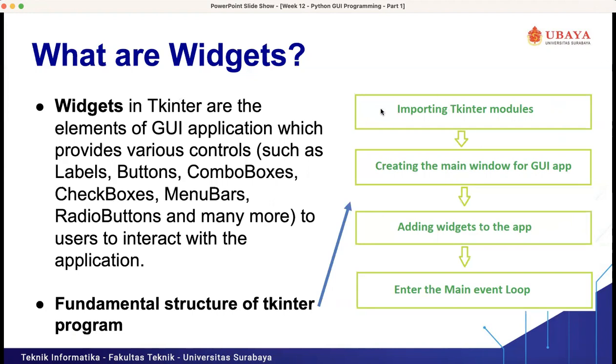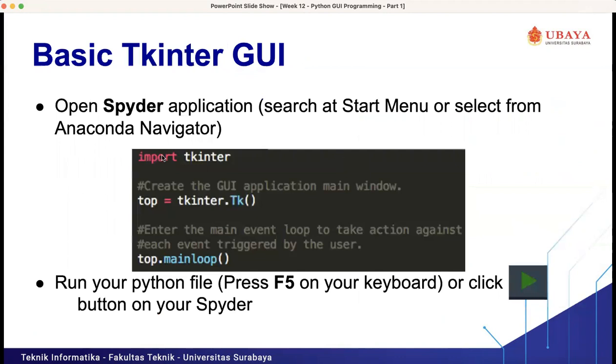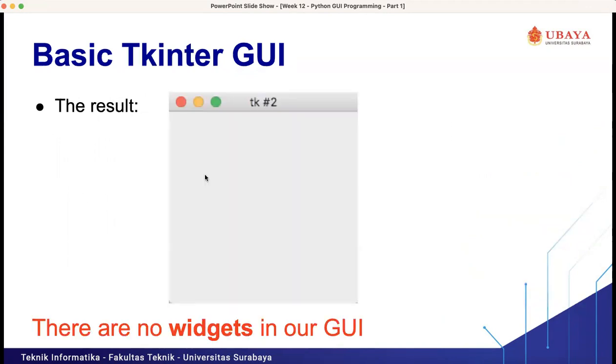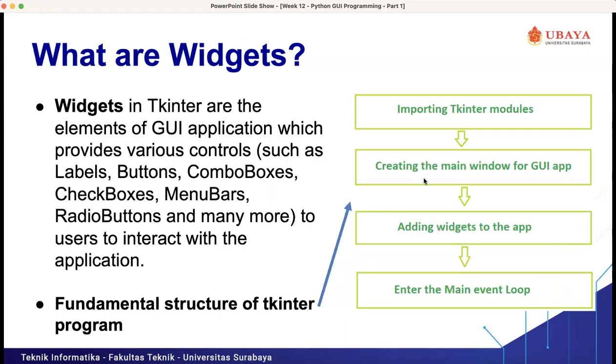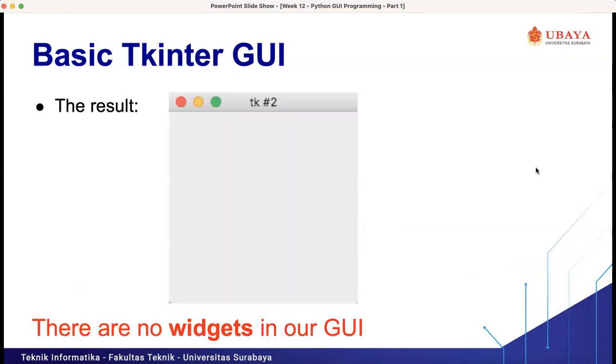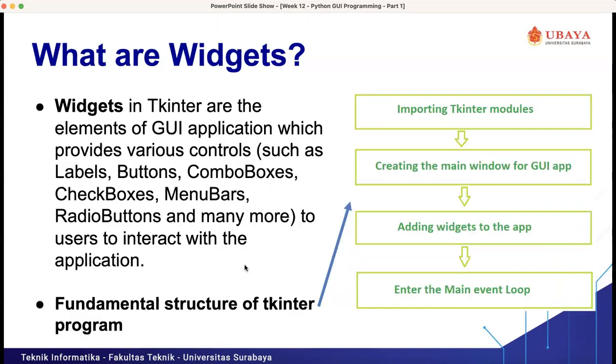We need to import the tkinter module first, like we did before. Then we create the main window for the GUI app. After we create the main window, we can add widgets to the app.